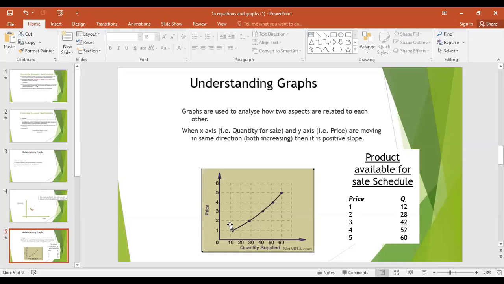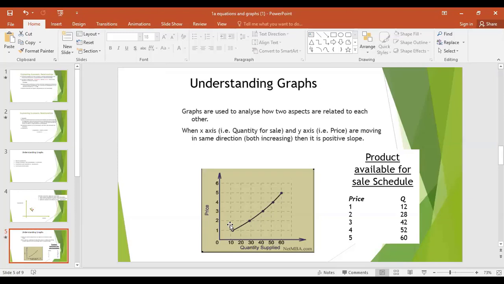In mathematics, most of the people have already studied how to make an equation out of a graph, or how to make a graph out of an equation. Both things are taught. I will give you a hint here, but it's the scope of mathematics. Clear?